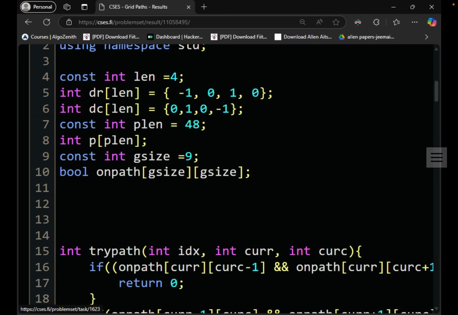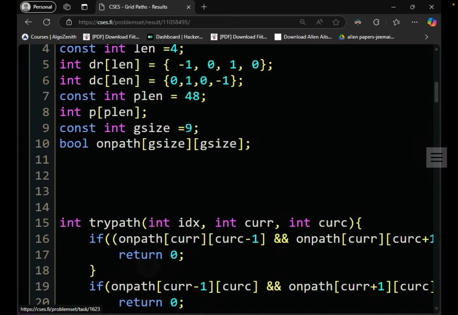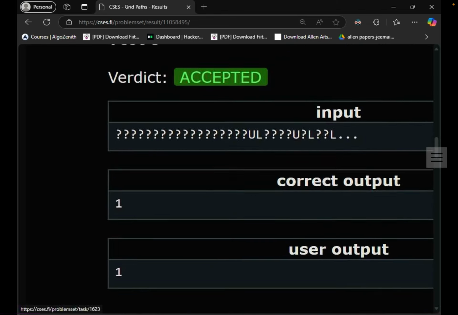In the below of the code, we can observe why it keeps grid size equal to 7. So bool on path, grid size comma grid size, like 4 comma 4 or 9 comma 9, on path, like whether it is in path or not. So for the main, initially,